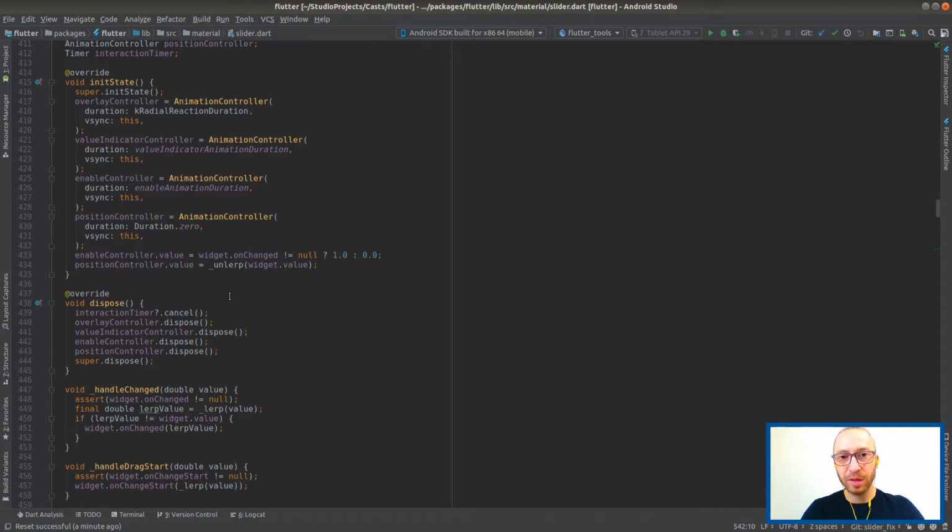remain, right? So either we remove the label, and the label is derived from the show value indicators setting.